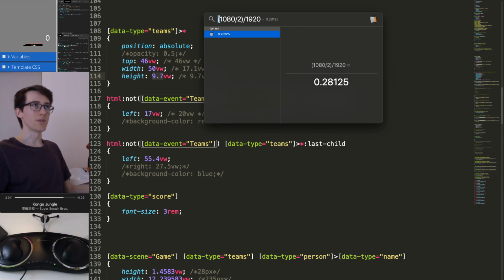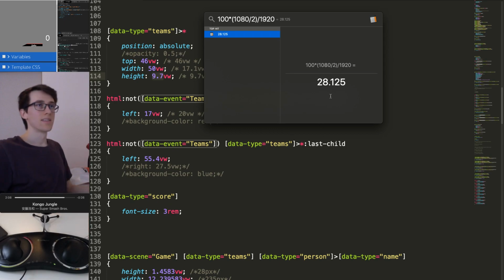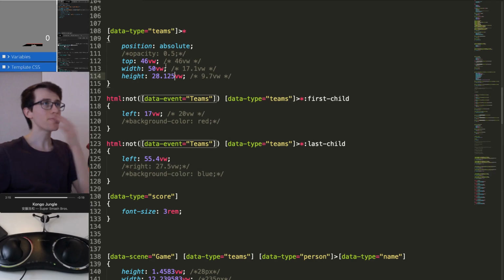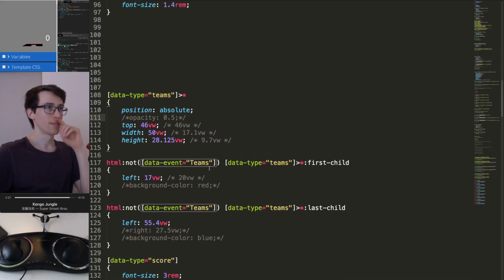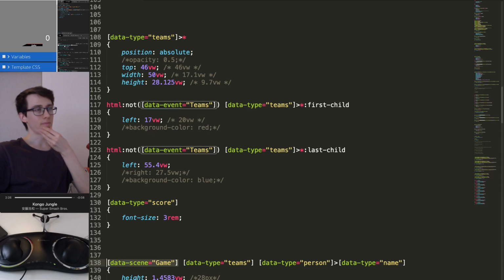So I'll times that by 100 as well. 28.125% of the width. So let's plug that in there. And let's set it so that it only happens on the games scene. Actually,